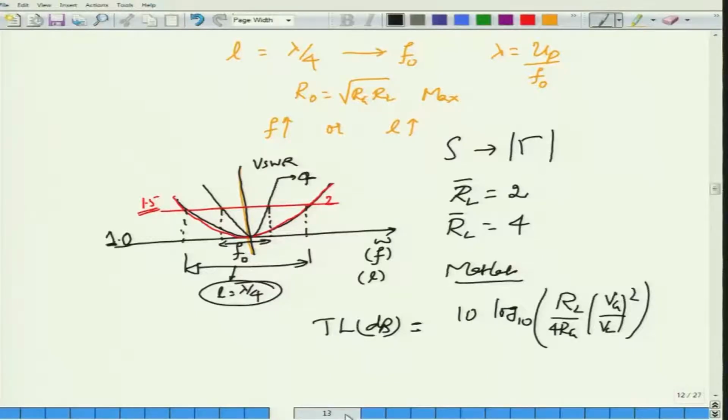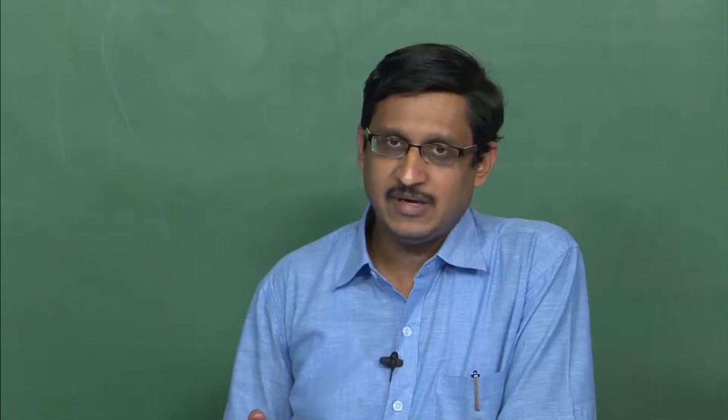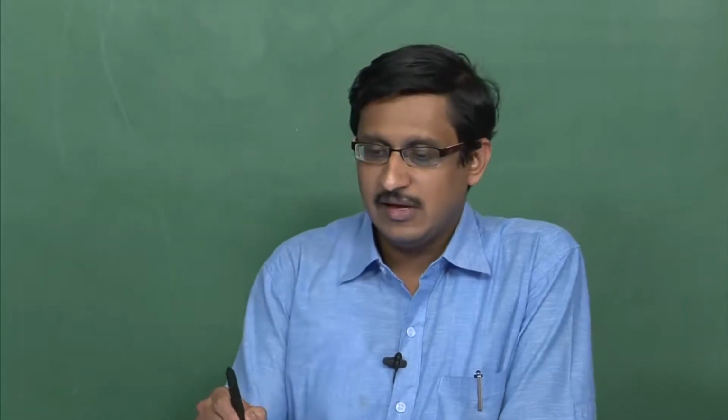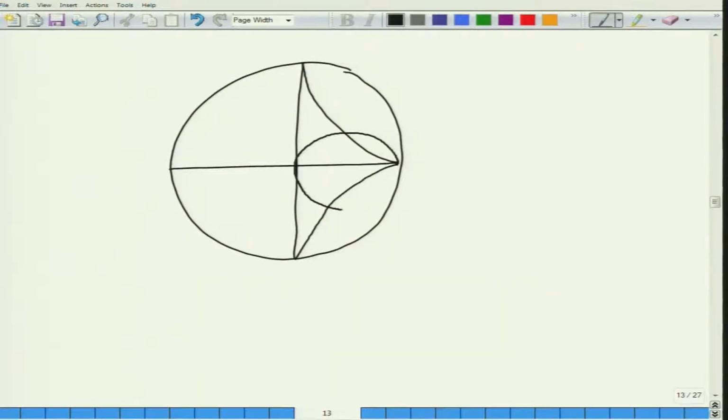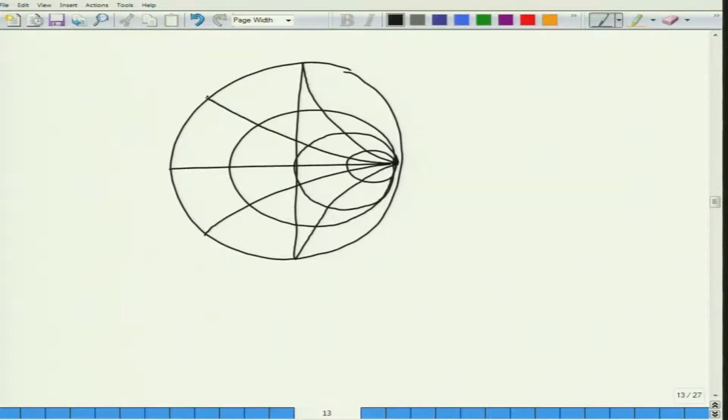We now go to another technique of impedance matching in which we are going to use a transmission line, and this time the design will be done by using a graphical means, that is Smith chart. Okay, let us first go back to the Smith chart. So this is the Smith chart that we are familiar with. I will draw only a few arcs. Again, it would help in case you are able to get hold of a Smith chart and perform these calculations as I am performing the calculation. So you will learn a lot when you do that.